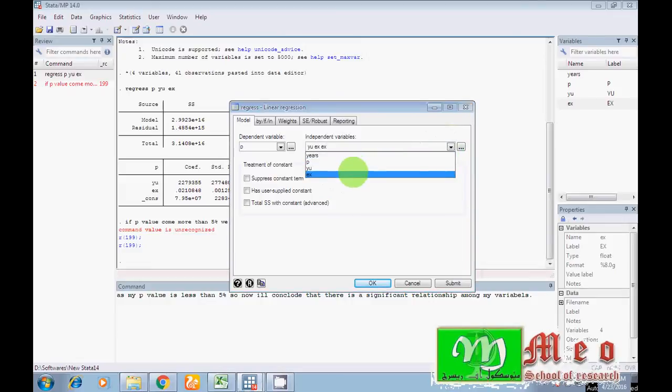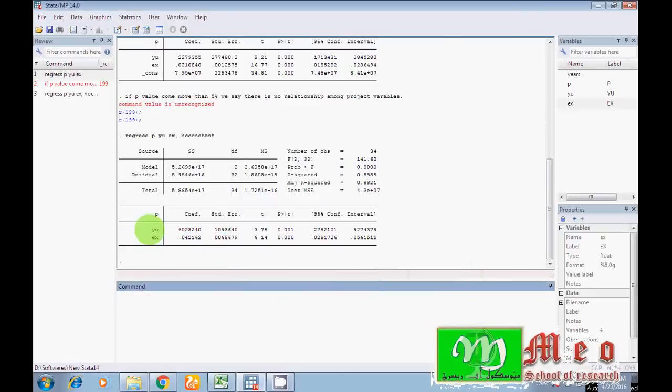I have selected all my independent variables. For the constant, click suppress, and okay. Wow, you can see again your results: p value, standard error, coefficient value, probability value, etc.